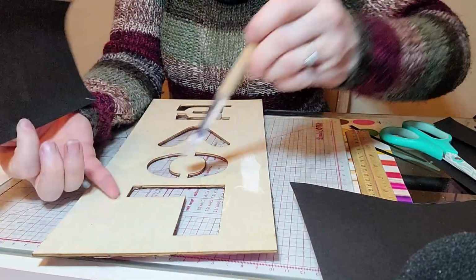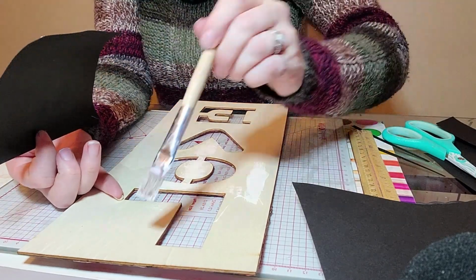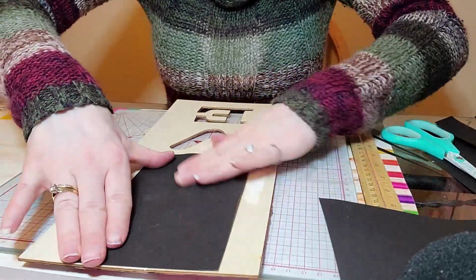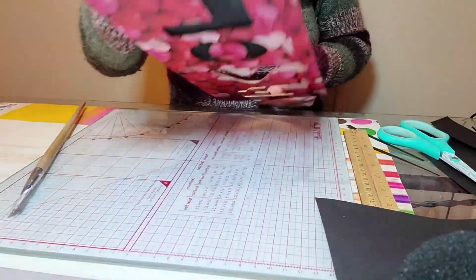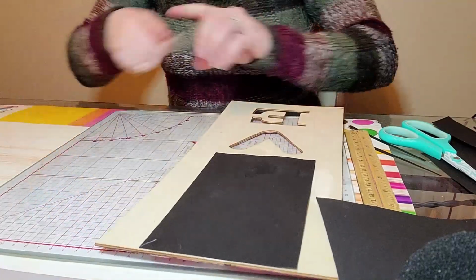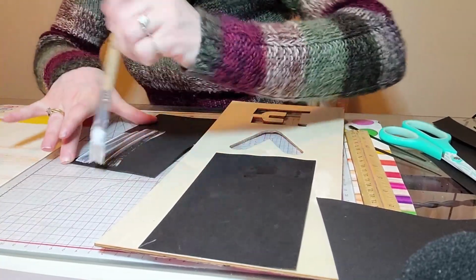And put some here in the center of this O, in the center down here between these letters. Just push this down. So you will definitely be able to see the L and the O a lot better. Because I've got Mod Podge all over the whole thing, maybe I'll just end up putting Mod Podge on the whole piece of this cardstock too. And then I'll go over the front of that cardstock with the Mod Podge,